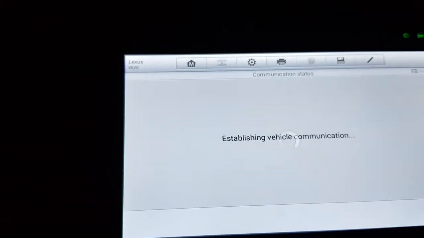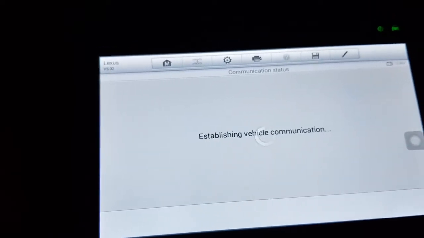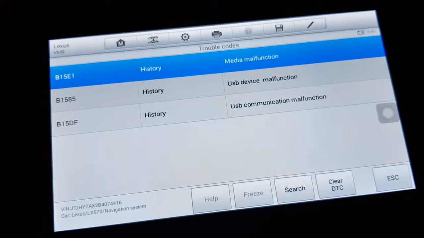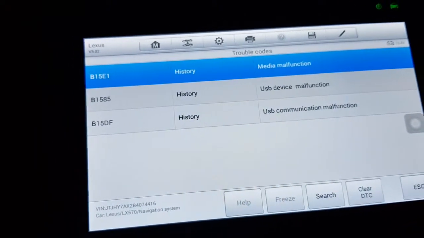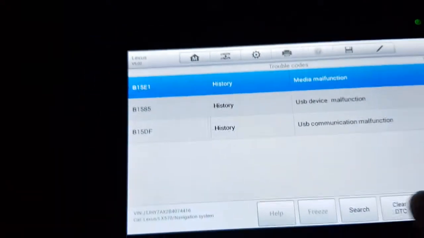Trouble codes. These are the codes: media malfunctioning, USB device, USB communication malfunctioning. So, clear DTC.